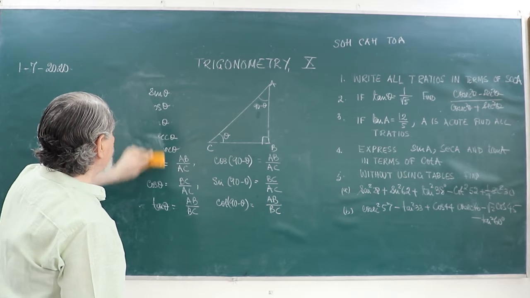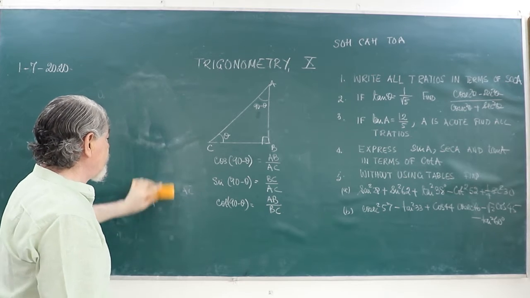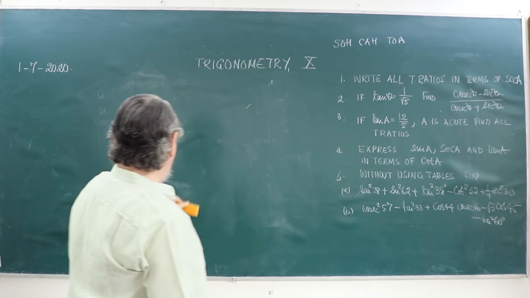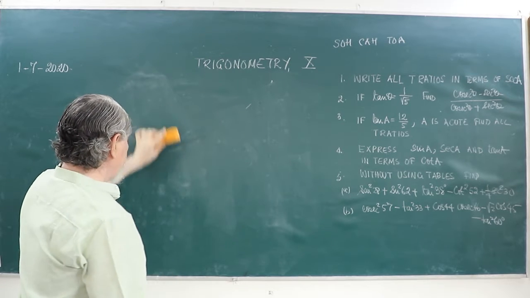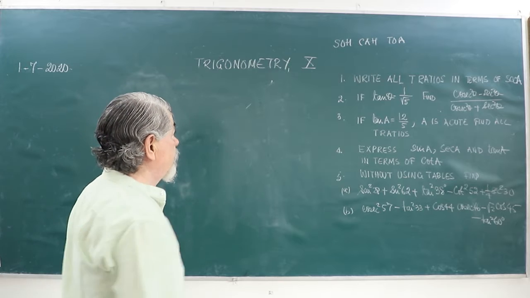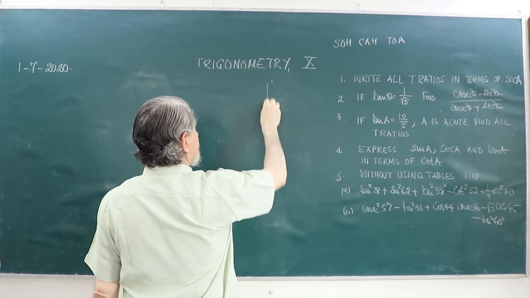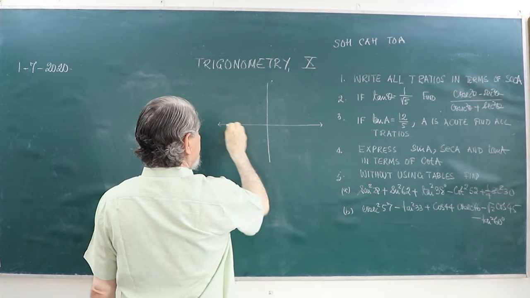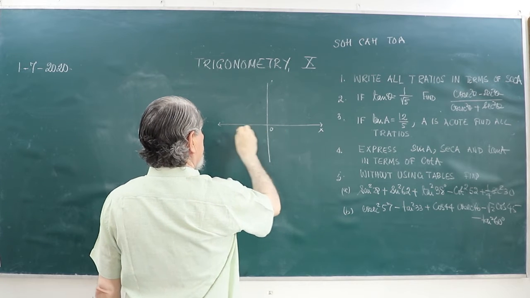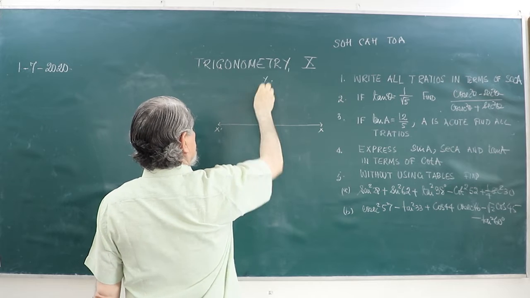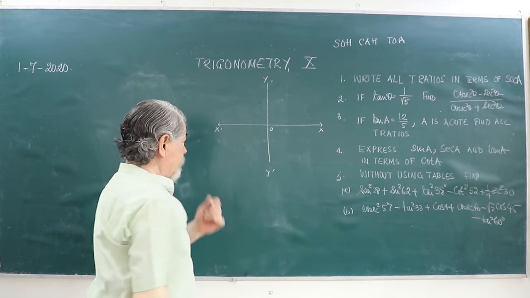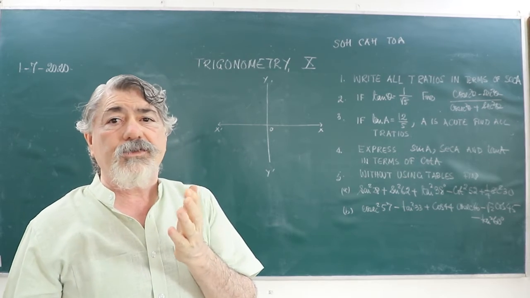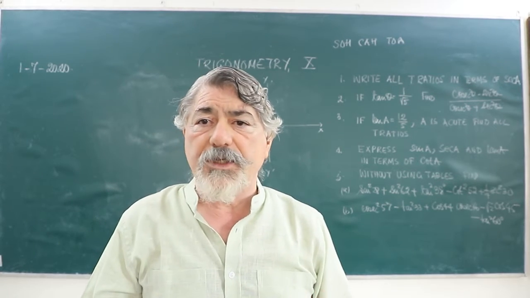These are very important relations, and I will show you once again with the help of the Cartesian plane. We have two axes, one is the vertical axis, one is the horizontal axis. This is the x-axis, this is the y-axis. The two axes divide the whole two-dimensional plane into 4 quadrants.